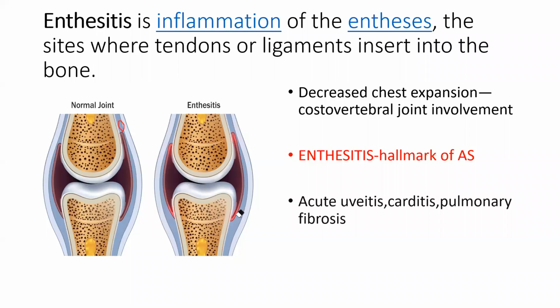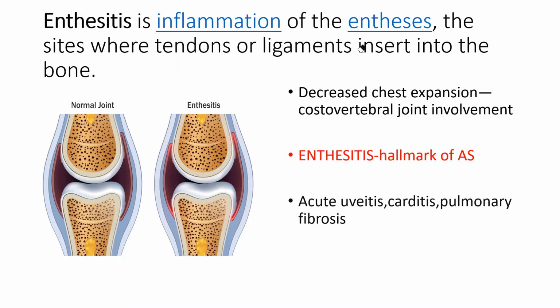So see this area, this is inserting into here. So this is more red. This is normal. जहाँ भी bone पे attachment होता है ligament और उसको enthesis बोलते हैं. And inflammation of that is going into enthesitis. Enthesitis is a very common term used in ankylosing spondylitis. So in ankylosing spondylitis, everything is going to fuse. So the enthesis जो होते हैं, which are attaching to the bone, the ligament and muscle and cartilage, उसका भी inflammation होता है. So this is known as enthesitis.